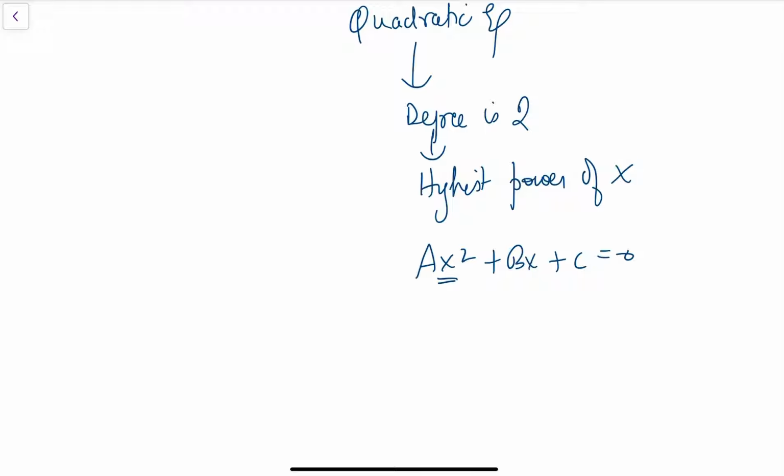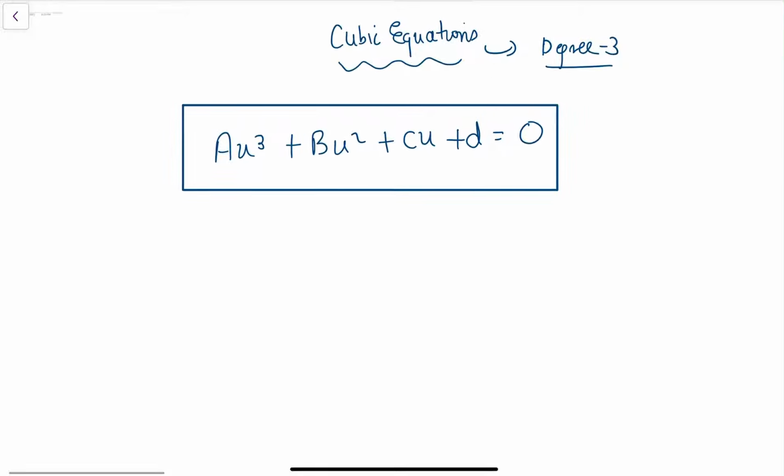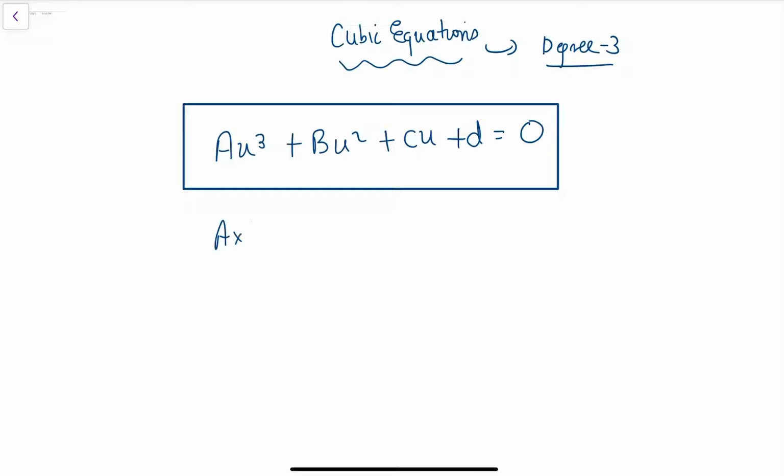That means we will have a term with x square, a term with a lower power, that is x, and a constant. You need the degree term, which is 2, the term lower than that, which is x with power 1, and a constant. That's your quadratic equation. Similarly, when you are talking about cubic equations, cubic means 3. That means you need a term ax cube. Then you need a term with x square, one power less, with a coefficient b. A and b are any coefficients, it can be 1 also, 2 also, just simple numbers. Then you have cx, one power less, and then you have a constant which is d, equal to 0.